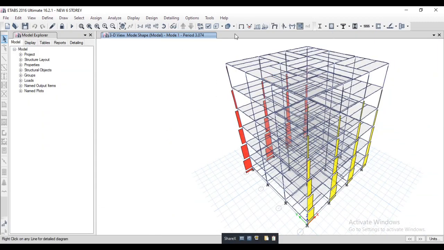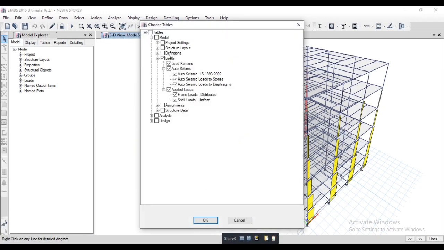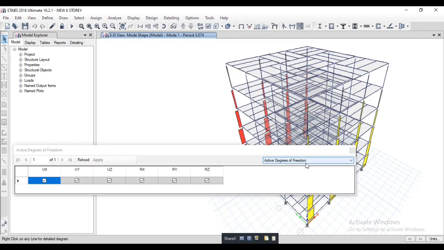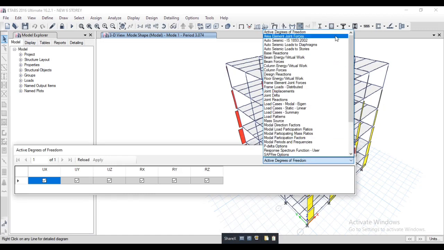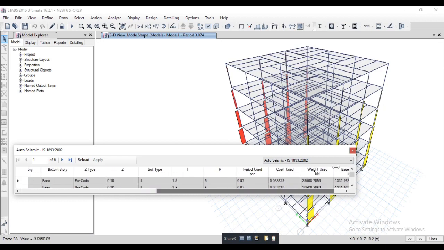After that, we will check seismic data. In seismic data, we will check drift, base reaction, displacement, time period, and also frequency. For this, go to show table, tick here analysis, and click on it. This is the auto seismic.